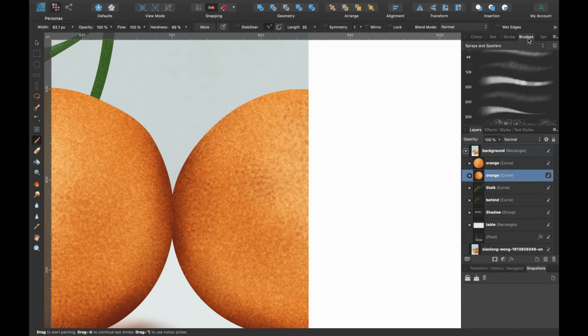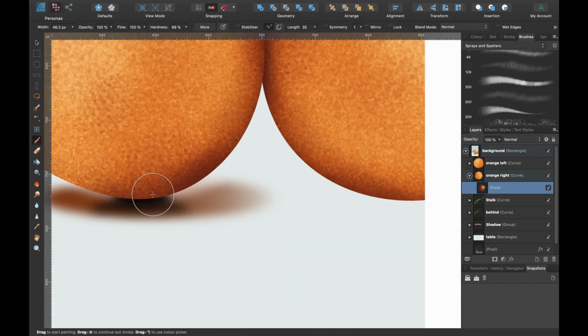And we're going to make sure we've got the right brush. So I'll choose this one again, which is our Finest Spray Raid. I'm going to make that smaller. And I'll just open up the layer. This is our orange on the right, so I'll just call it orange right and orange left so it doesn't get too confusing. So I'll just select the pixel layer here and I'll start painting, and it will paint within our orange right shape.